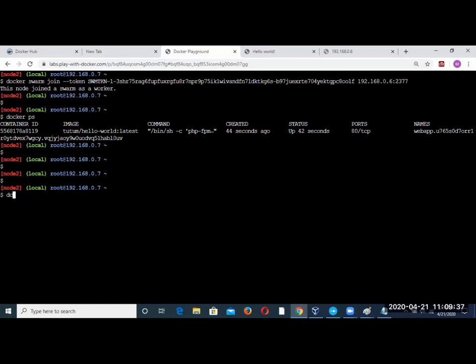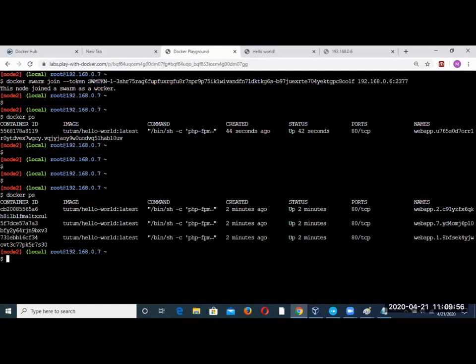Docker PS, not service; service is for the host. Docker PS, simple, enter. How many are there? 3, right?